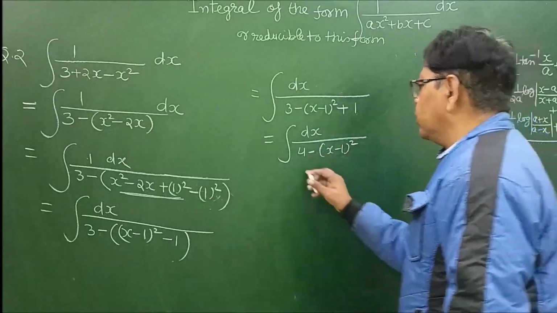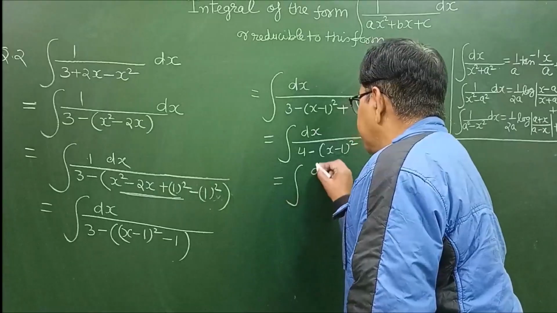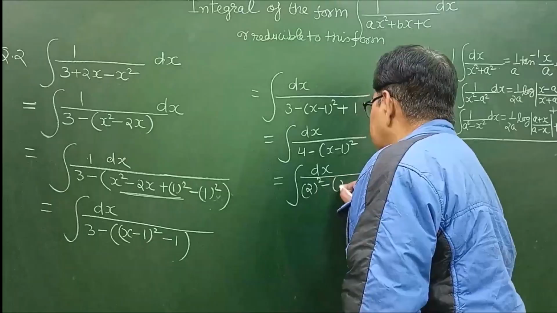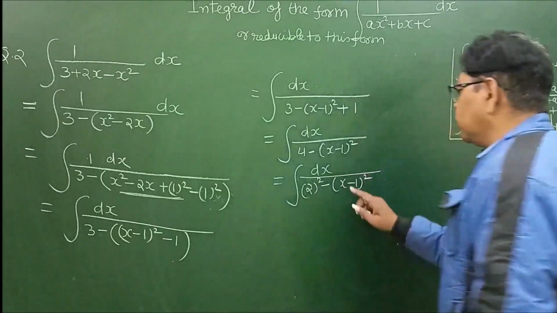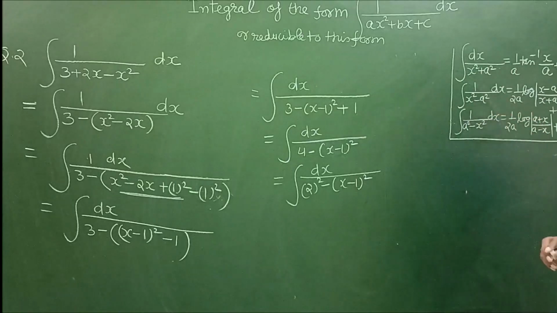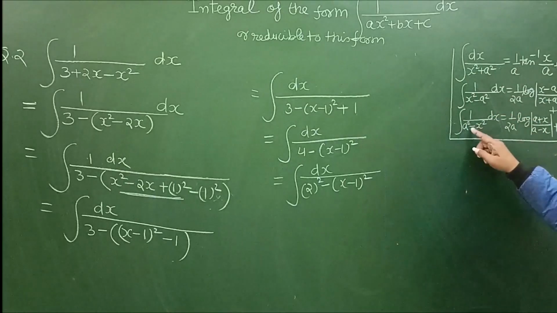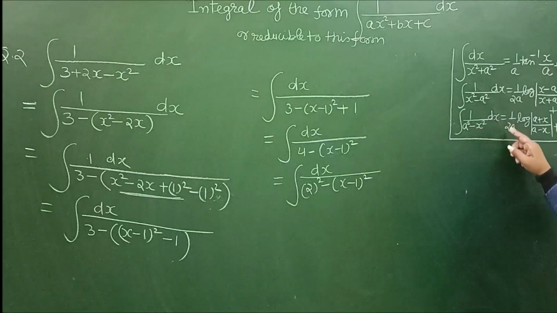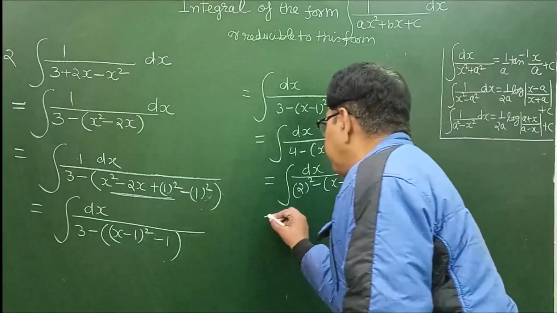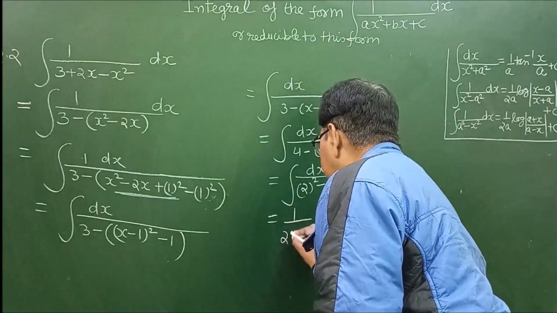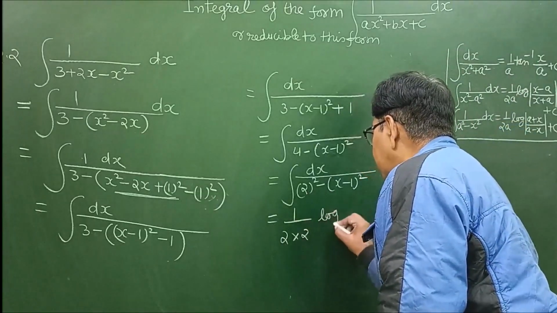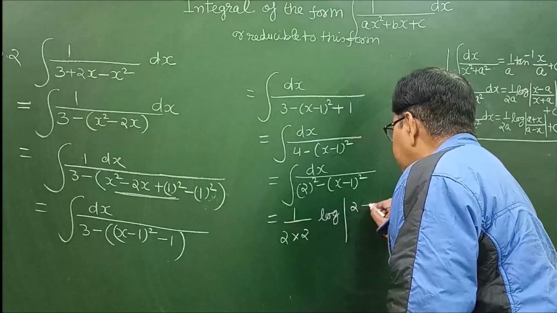Now this 4 can be written as 2 square, so dx upon 2 square minus (x minus 1) whole square. If the coefficient of x is 1, then directly these formulas can be applied. So here it is of the form integral dx upon a square minus x square, which is 1 upon 2a log mod (a plus x) upon (a minus x). So 1 upon 2 into the value of a, where a is 2 here, log mod a plus x, that is 2 plus